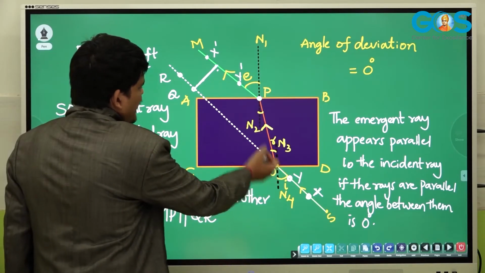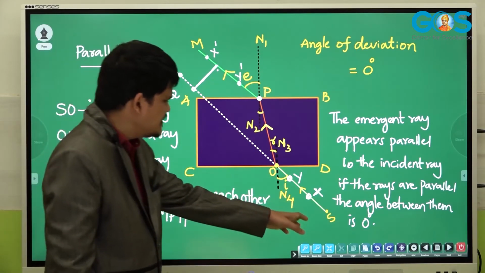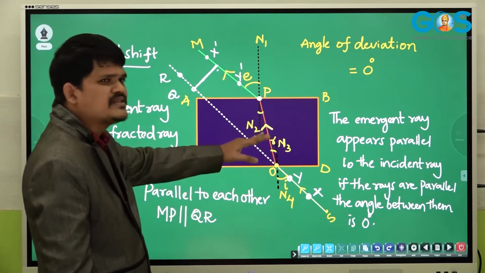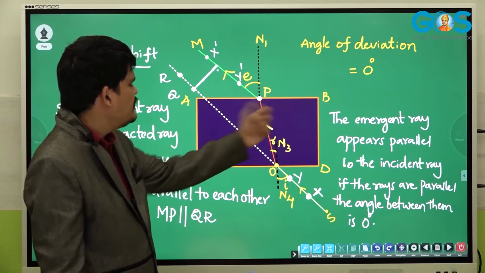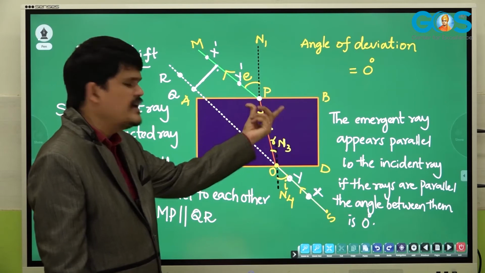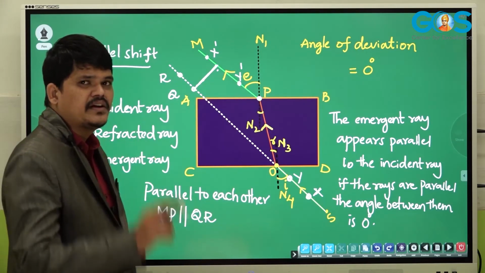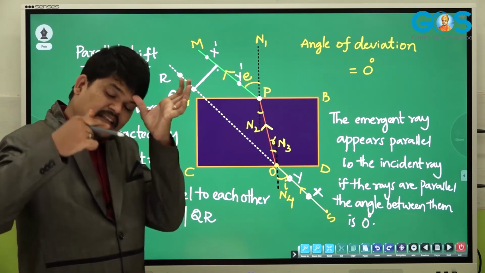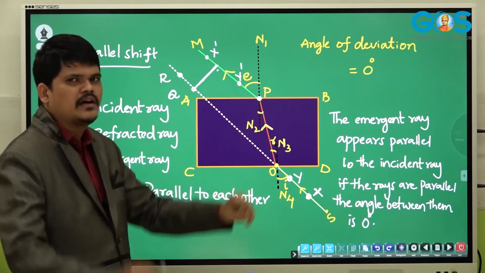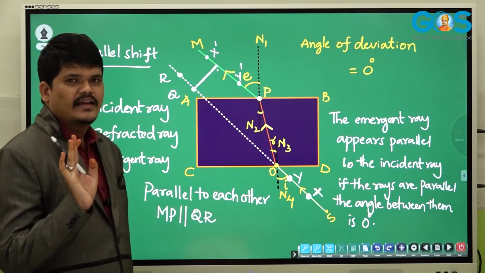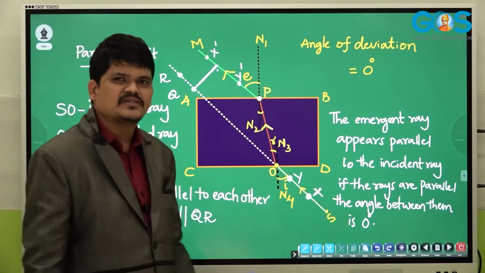Now, as the slab is present, the light ray suffers refraction. As it is moving from rarer medium to denser medium, it bends towards the normal. Again, from the side AB, this refracted ray meets AB as an incident ray, and comes outside due to refraction from denser to rarer. When the light ray moves from denser to rarer, after refraction it bends away from the normal. That all you know very well. Our actual task is to show the angle of deviation is 0 degrees.